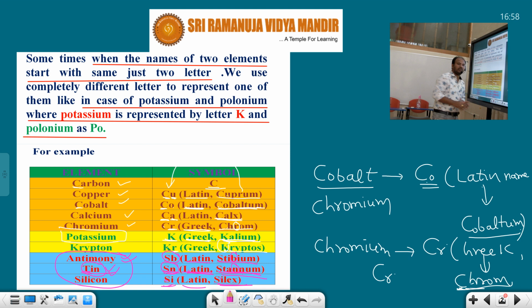Have you understood or not? It is derived from non-English names like Latin, Greek, Prussian. The type of non-English names will be given. So I hope you could understand this. It is a very easy concept. You just need to concentrate here and observe.